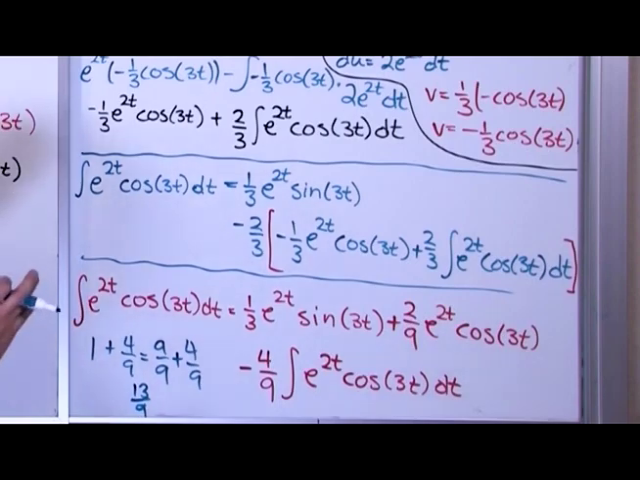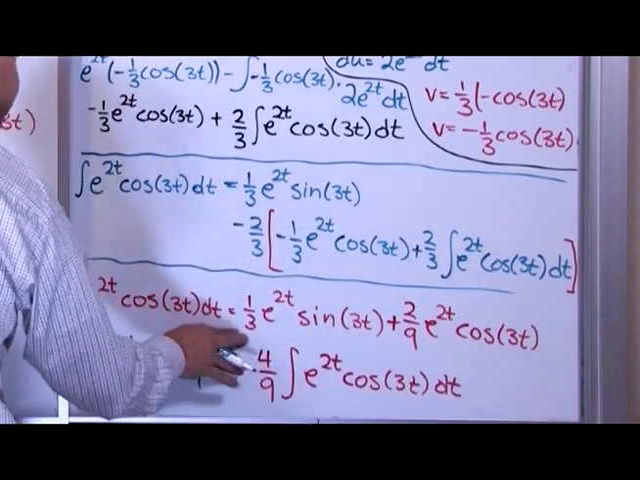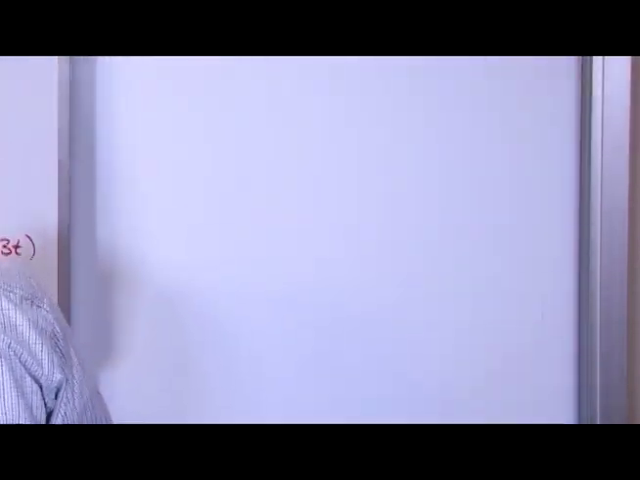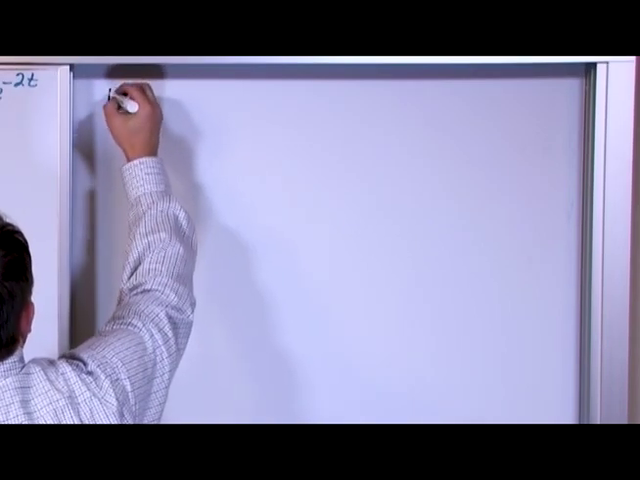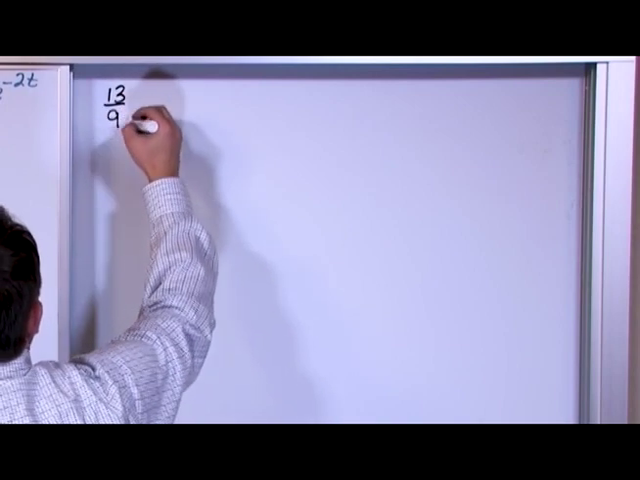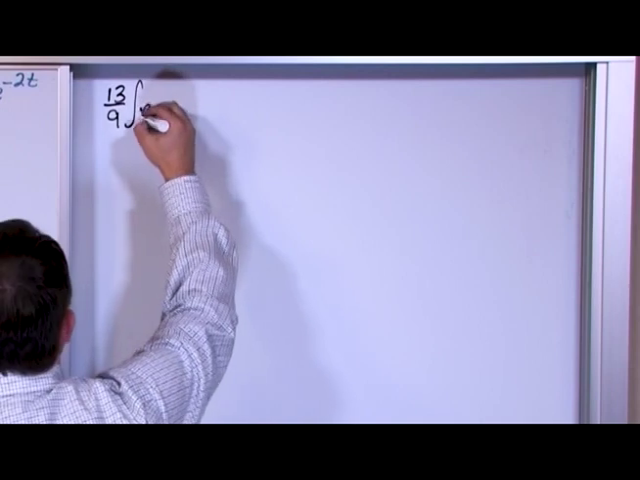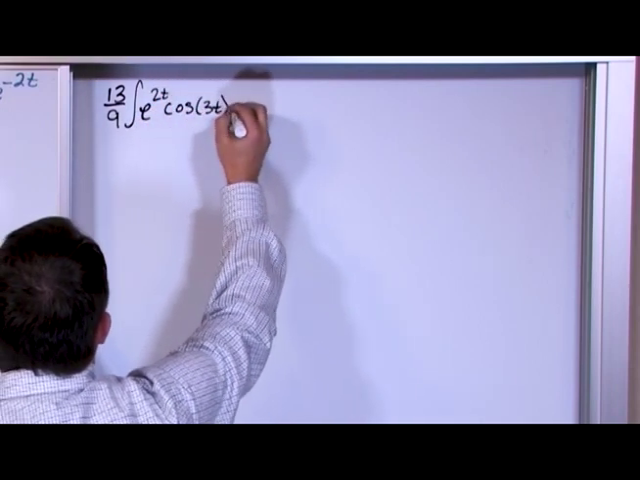So on the left-hand side, what I'm going to actually have when I add this over here is 13/9 times this guy. And that's what I'm going to have. So we'll go back to black. What I'm going to have is 13/9 times the integral of e to the 2t cosine 3t is equal to